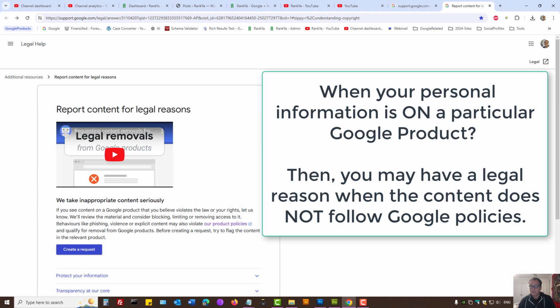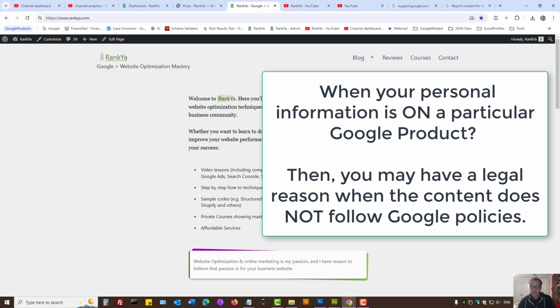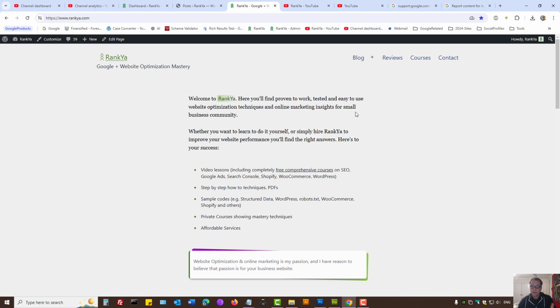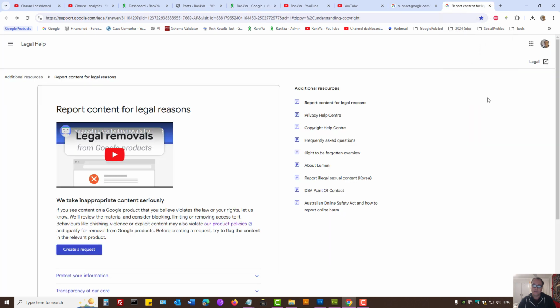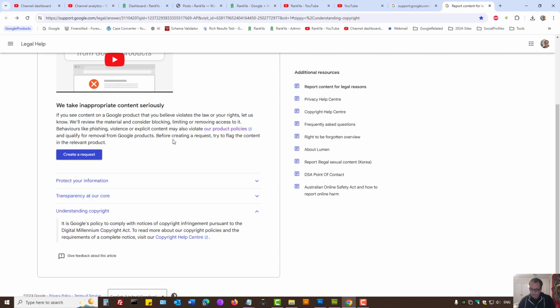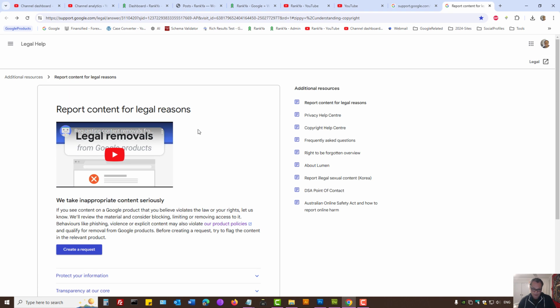How to remove content from Google for legal reasons when the content is on Google products. In the previous video sessions, I've shown you different options for removing content, as in personal information, from Google. But let's imagine the content, whether it's your name, your photo, is on a particular Google product. Then you have an option, as in Google provides an option for you to request removal